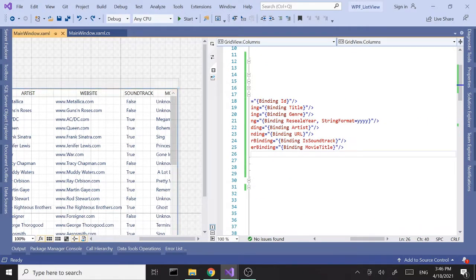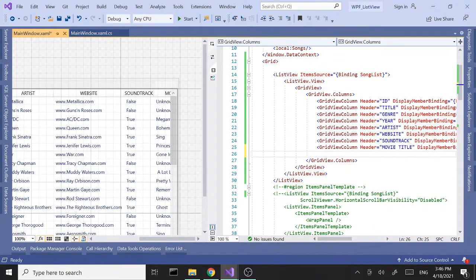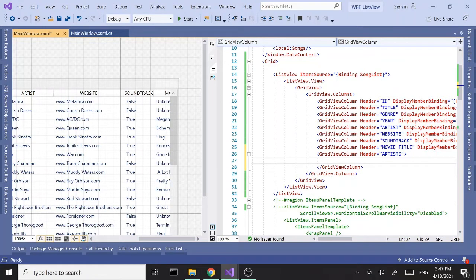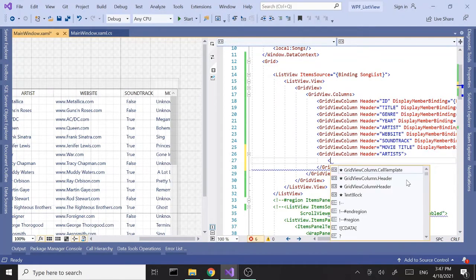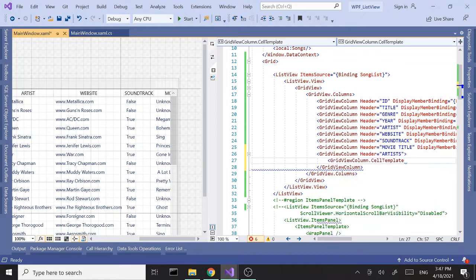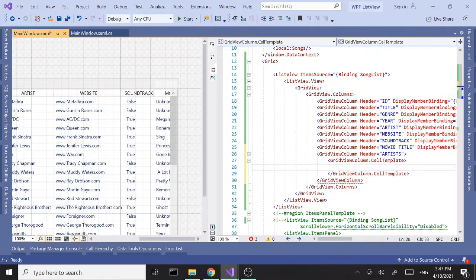So let's hit enter here to gain some space. So let's declare add grid view column, and let's create a header. So this is the header, will be artists. So here we can't use the display member path because it's a collection too. The property itself is a collection. So I'm going to close this, open close. Inside our GridView.column, I'm going to add a cell template. Okay, open close, and inside our template we're going to declare a data template,